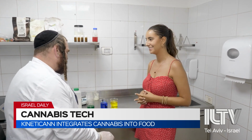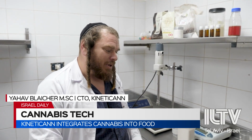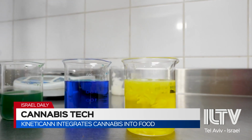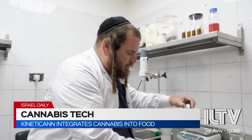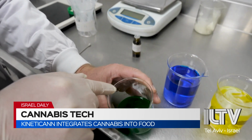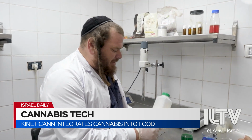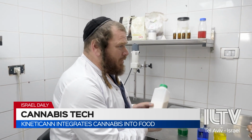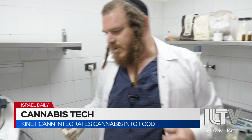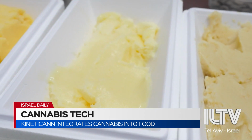Share with me. So as you probably know, cannabis extracts are by nature oil-soluble compounds. And if we want to make it more suitable for different applications and products, we have to manipulate these extracts and make them water-soluble, for example. So, for example, this is a material, a compound that we are producing. And another example that we have here, that we use in a reduced fat ice cream, a vegan ice cream,